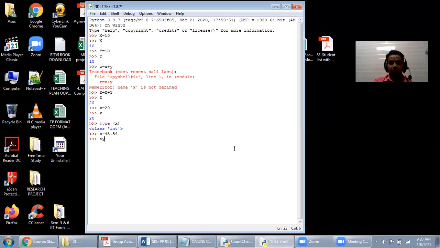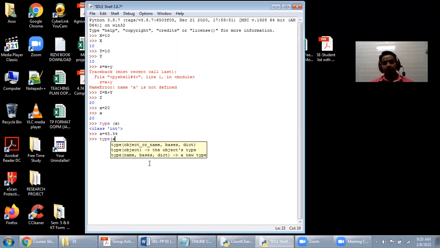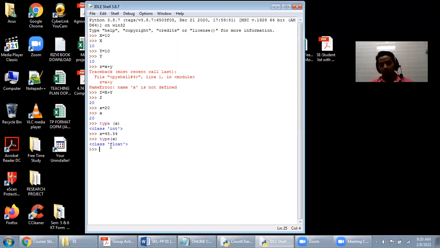Once again you write type x and press enter. So it gives float. So there is no need to write the data type; the compiler knows. Whenever you want to know your data type, if you have forgotten, you can use the type command to find out the data type of the particular variable.